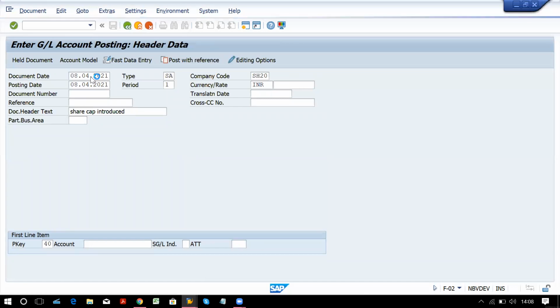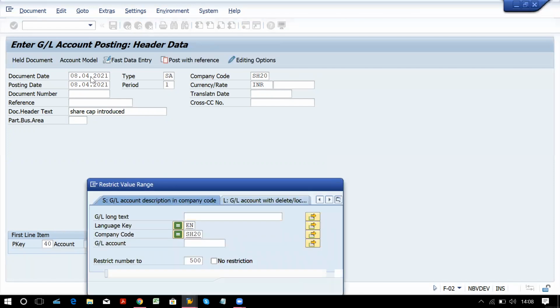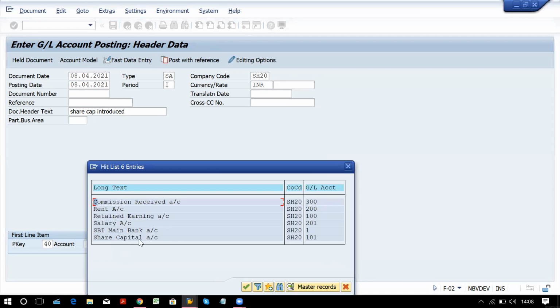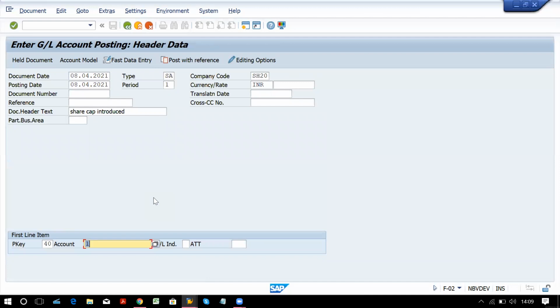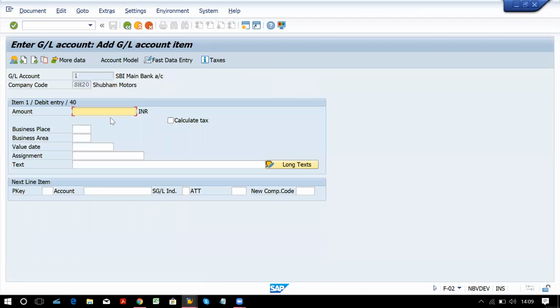If you remember the numbers, you can directly enter the number for the GL account. The number is 1 for the bank account. But if you are entering numbers directly, not selecting from the list, then always check that the name of the GL account is properly selected.